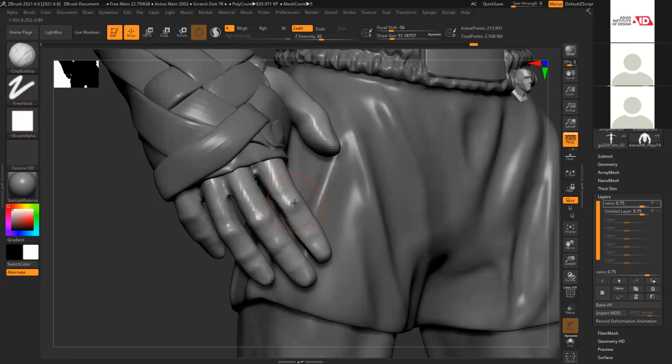Just not like that, it's basically a little round shape.